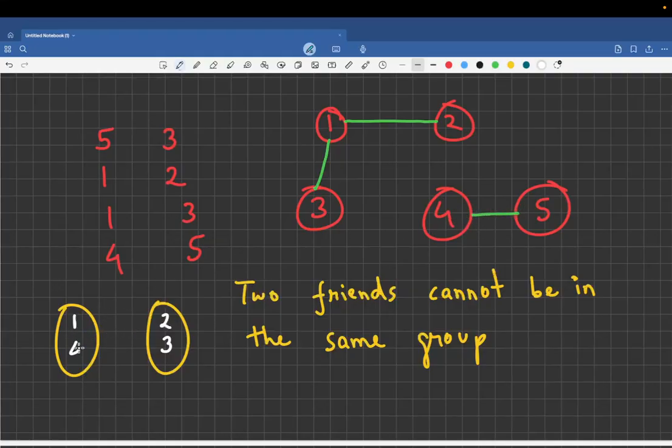So let me write 4 over here and 5 over here. If I divide the people into two groups like this, where 1 and 4 are in the first group and 2, 3 and 5 are in the second group, then I can clearly say that within a group there are no two pupils who are friends. 1 and 4 are not friends, and 2, 3 and 5 are not friends with each other. So yes, this is one possible valid solution.